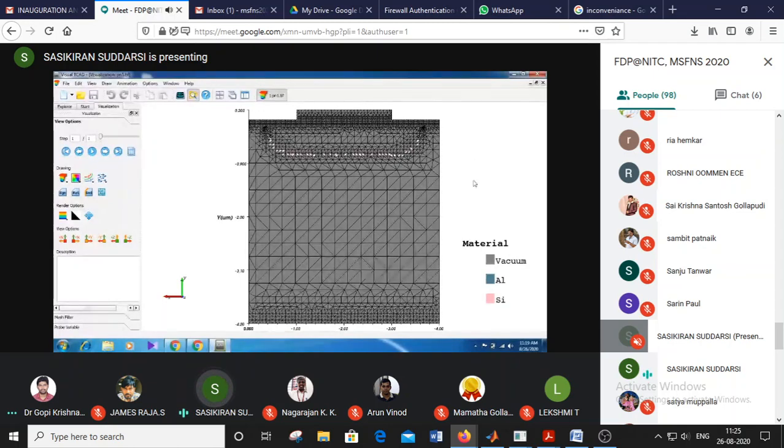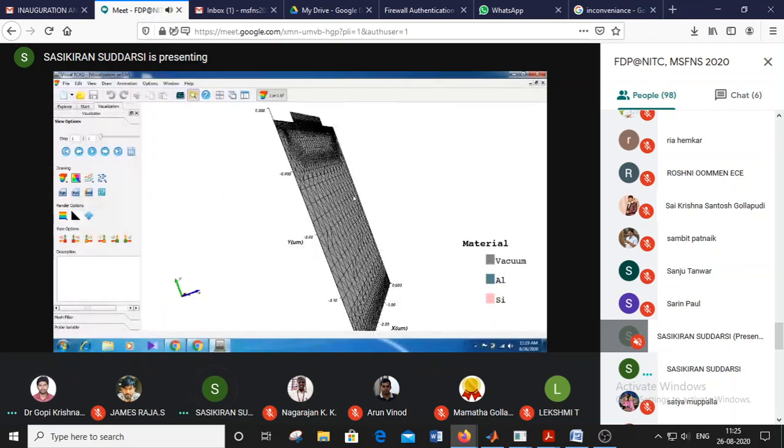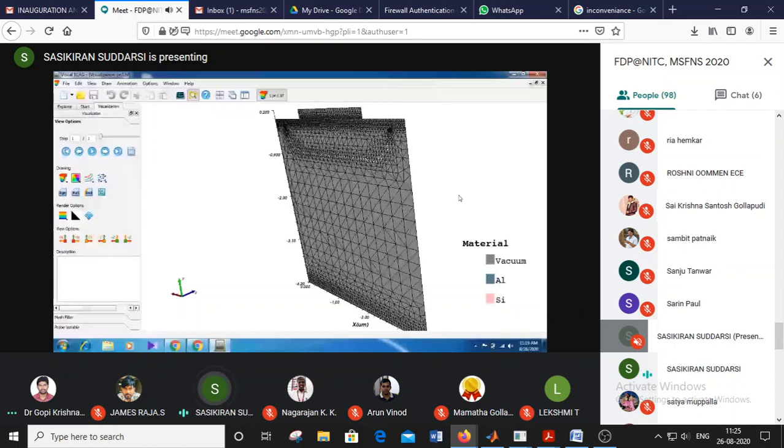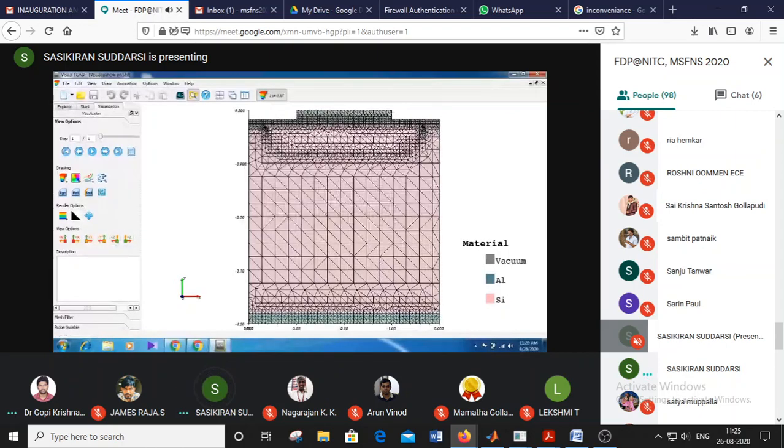It is just indicating that meshing file. We just go to device material and shift that a little bit. Here we have some options for shifting in X, Y, and Z directions. This is the device structure after meshing.